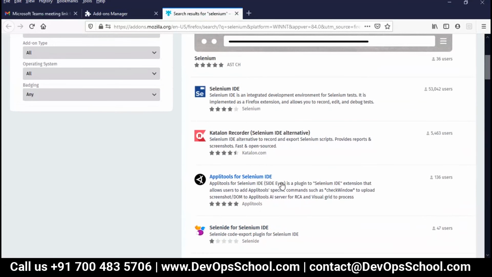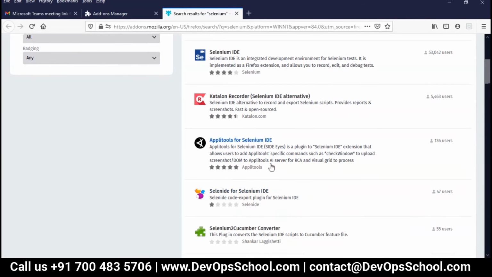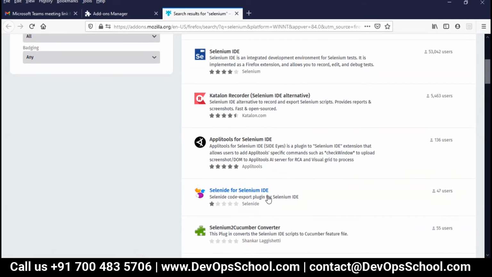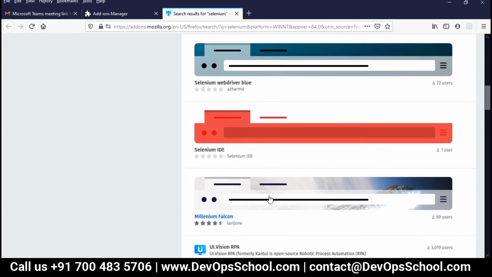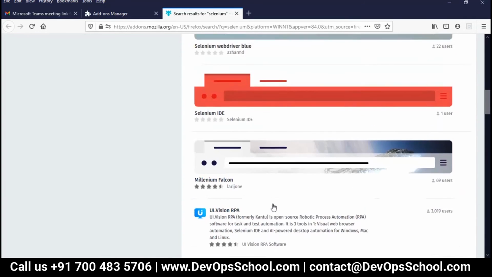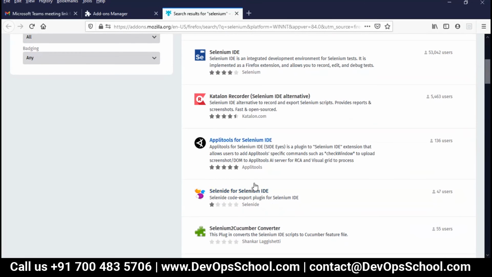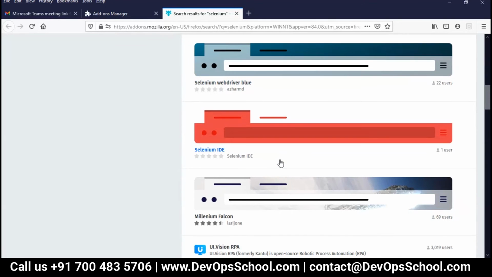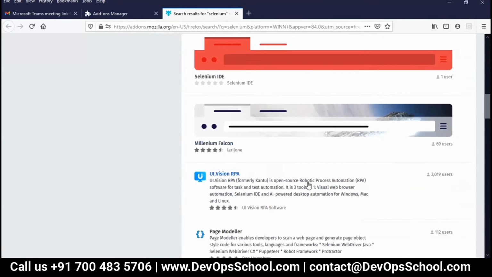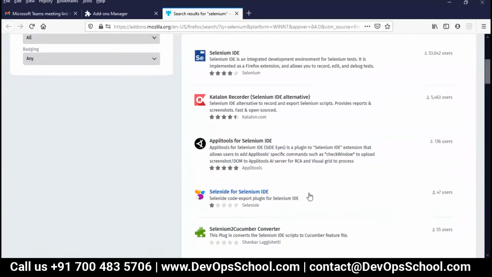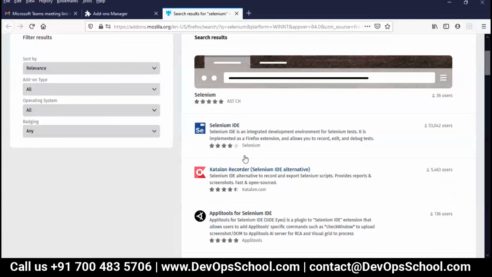Okay, guys, here you have more IDEs for the different requirements. I'm not teaching you the complete stack of automation testing, but you can use many other things also, and many extensions are useful. Right now we need only this one.